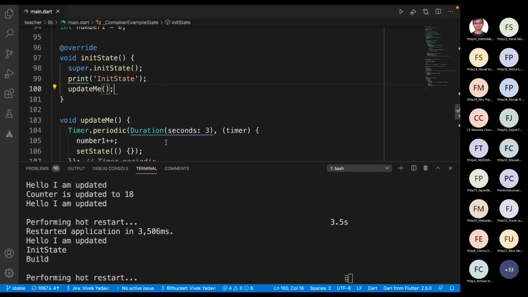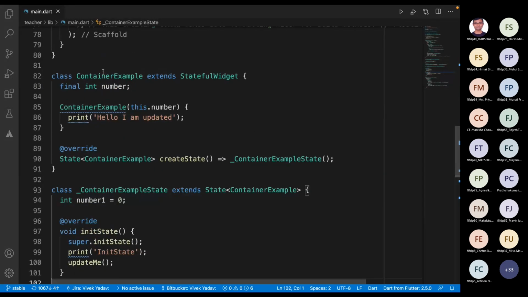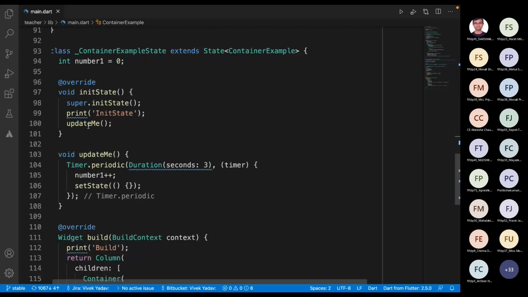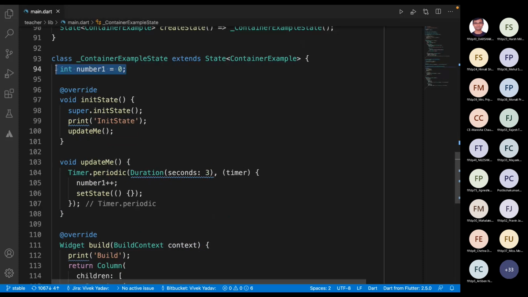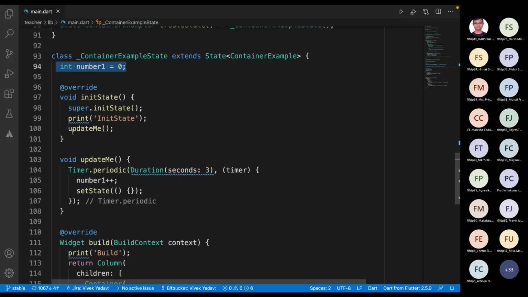Okay, so let me first explain the code. The code is very simple. We have this container example, and in the container example we are passing a number. That number is coming from the counter, and here in the state class we have another number, which is number 1. Then we have this initState. initState is a function which is called before the build method.